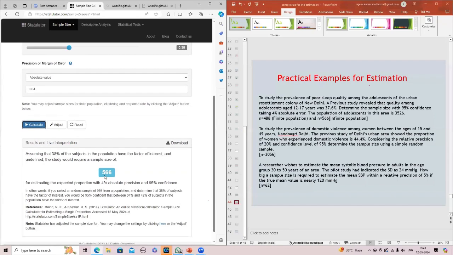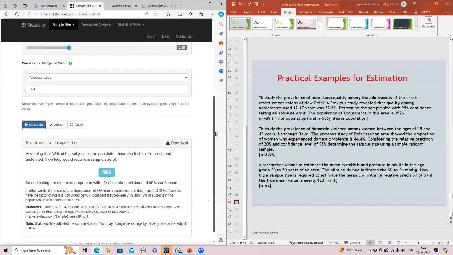This result is 566. This is without any adjustment. I am not adjusting for the finite population, I am not adjusting for the clustering, and I am not adjusting for non-response. So this is the sample size of 566, assuming an infinite population. So I need 566 subjects to estimate 37.8 or 38% with an absolute precision of 4%